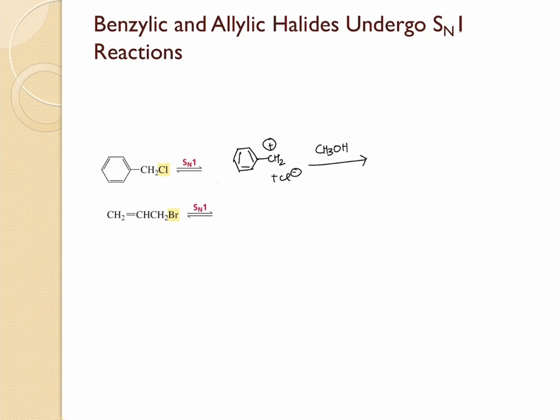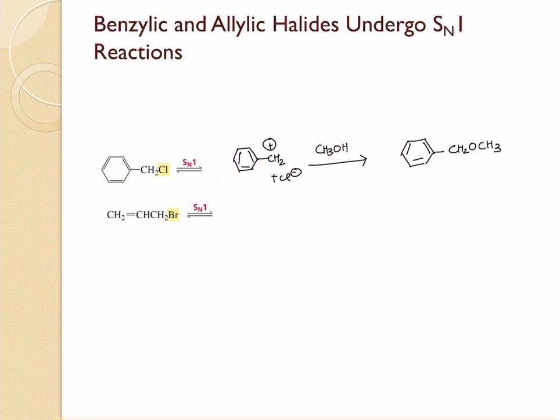The CH3OH can go and attack in the top portion or in the bottom portion, leading to the formation of the product. Right? There will not be any stereoisomers for this product because this carbon has 2 hydrogens on it, which is exactly the same group, right? So the product here would be this. And in the same way, when you have an allyl bromide, it can also undergo SN1 reaction,